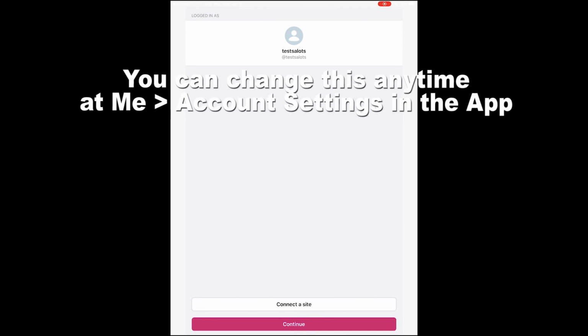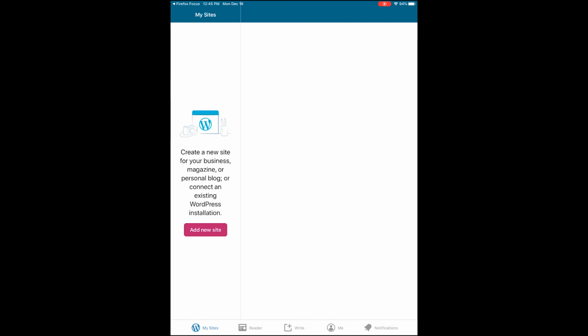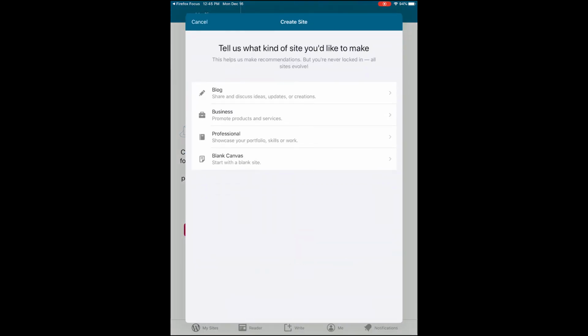So that looks good. I don't have any sites. I'm going to go ahead and continue. Now we're logged into the app. We have a WordPress.com account, but we still don't have a site. So at this point, we can create a new WordPress.com site on this new account directly in the app. We can also add a self-hosted site if we have one. I'm going to show you how to create a new WordPress.com site in the app in another video, but for now,